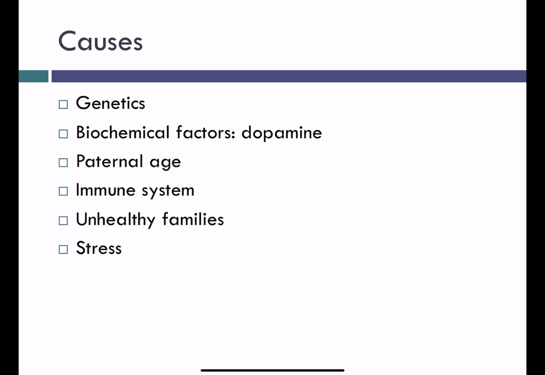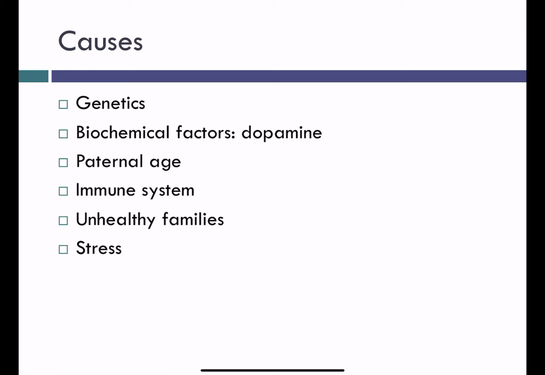And in terms of causes, we know that there's certainly a genetic component. So being related to someone with schizophrenia makes it much more likely that an individual will develop it. But even so, only 13% of people whose parents have schizophrenia go on to develop it. So it's not only genetics. Genes kind of create this vulnerability, but don't necessarily determine it. We also know that dopamine plays a really big role. So drugs that reduce dopamine activity reduce symptoms.